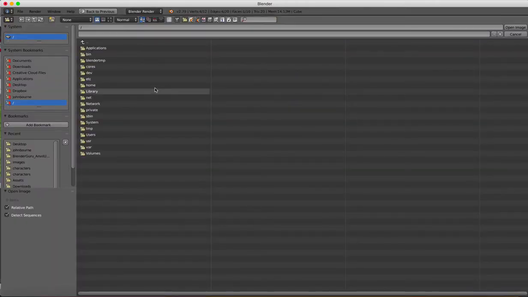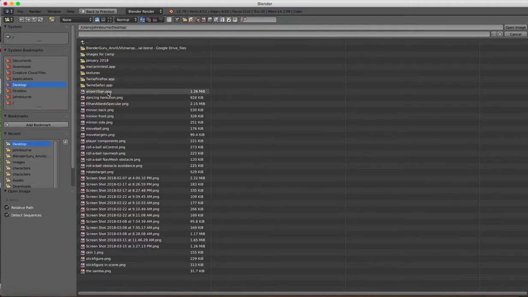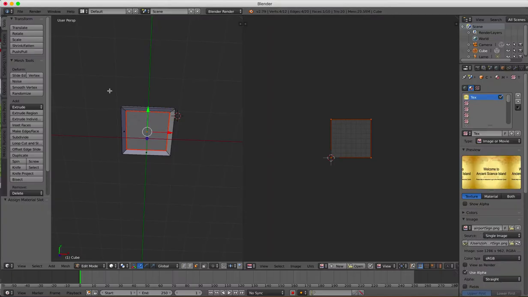Now, I made a file some time ago called airport file. I put it on my desktop, and it's called airportsign.png. It's a welcome sign that I have in the airport game. It says, welcome to Ancient Science Island. Okay, that's the island I have this on. And I want to put a sign out there that says welcome. Well, there's several ways to do that, and I'll show you some others, but this one is really to show you what you can do with Blender,